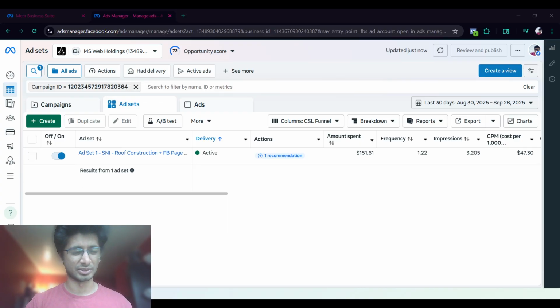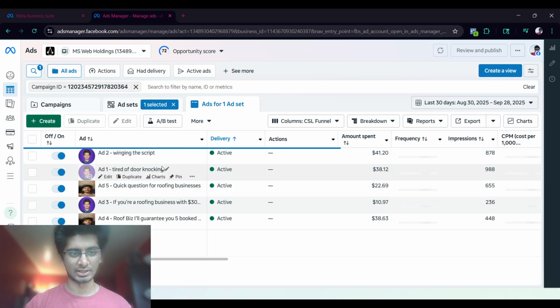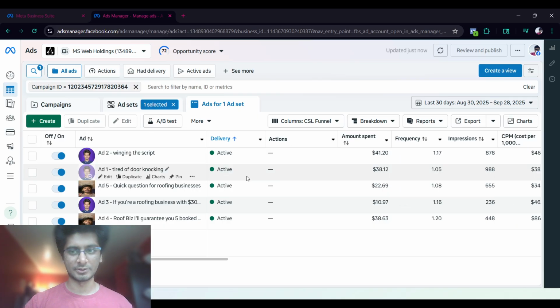So before it was like domestic roofing construction, and I think it was like rain gutter, and then the people were like small business owners and Facebook page admins. I did change that a little bit. So now I made it even more simple, right? Now it's just,